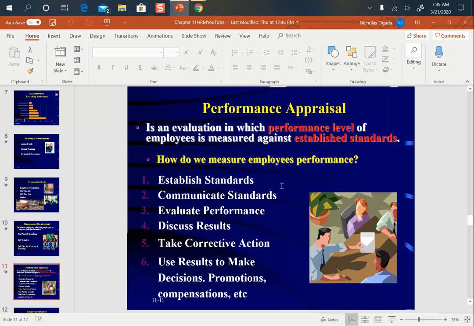So the performance appraisal serves not just to find where the employee is as far as performing. We also use the performance appraisal to undertake other decisions, for example, promotions. It could be compensation. For example, you hear about a company, my yearly raise is up. So it could be based on a performance appraisal, you're going to get a pay increase for that particular year,